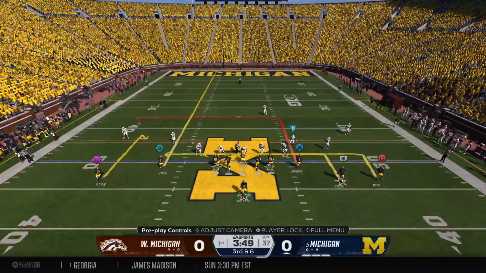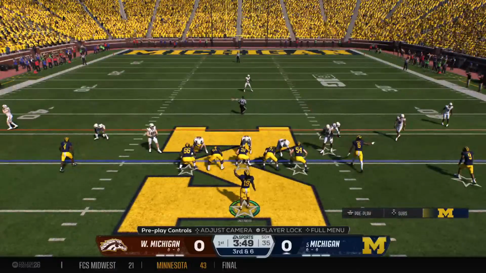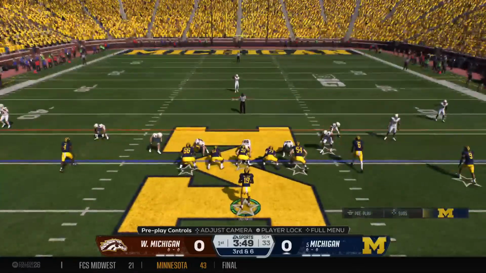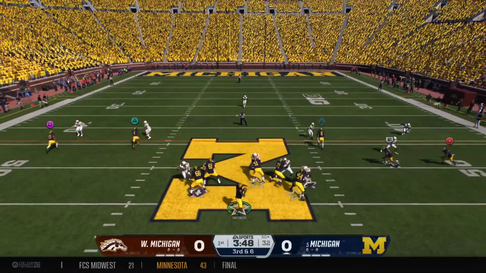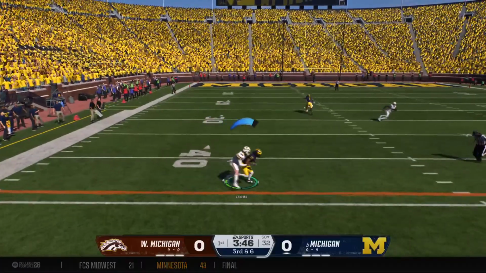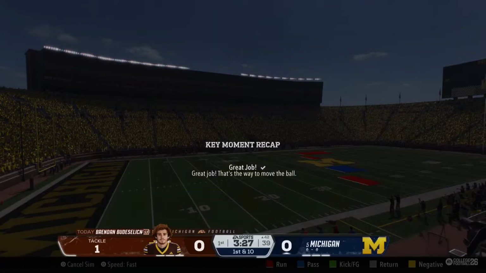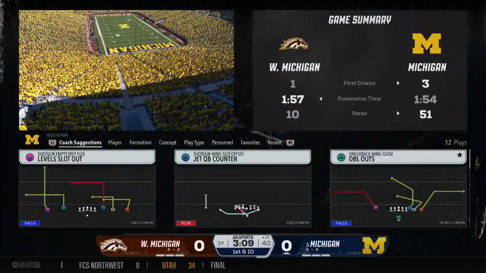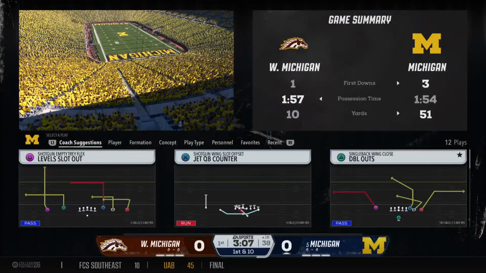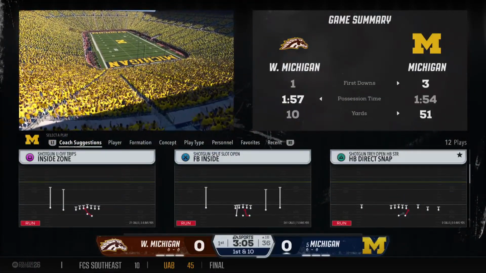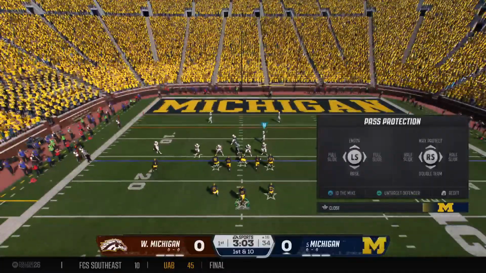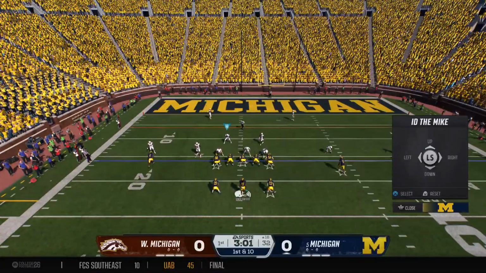They've got the ball at midfield, but they're facing a 3rd and long. Looking to pass. It's Underwood. They're working that left side. We got a completion to Micah Kapana with the empty set. 1st and 10. And the Wolverines come to the line with a fresh set of downs.